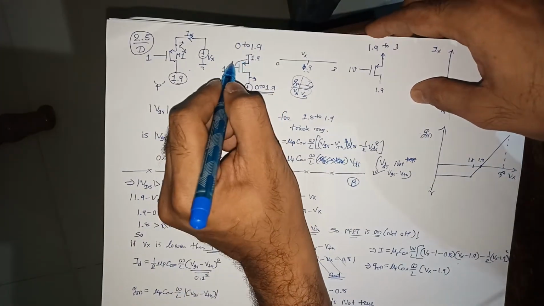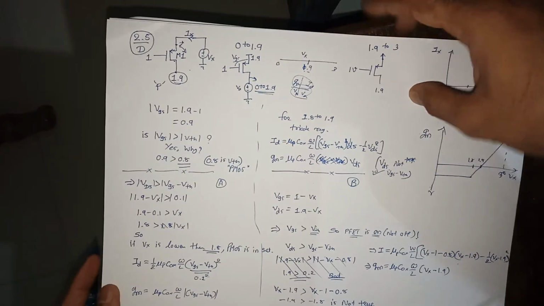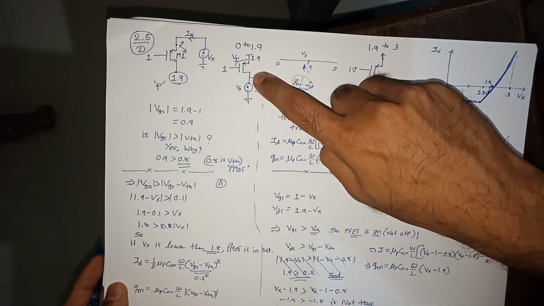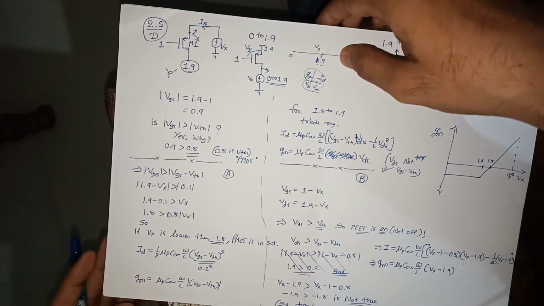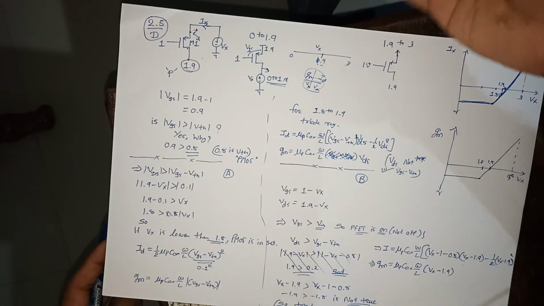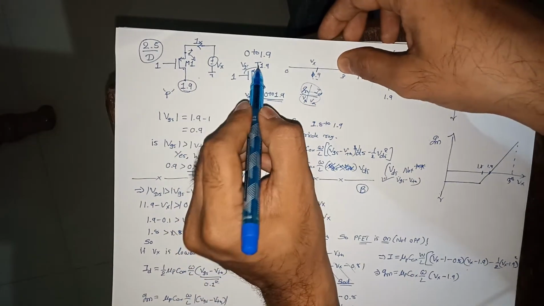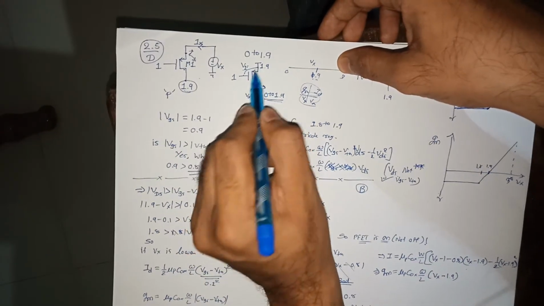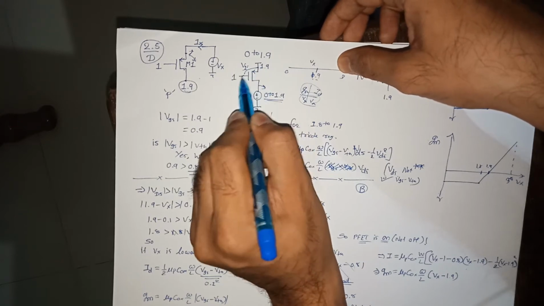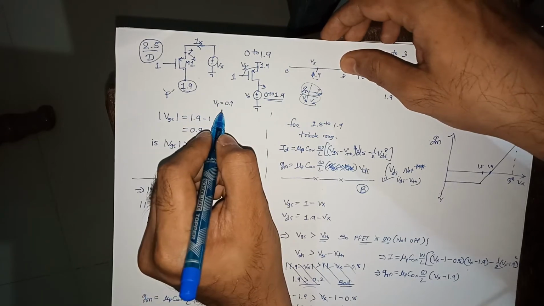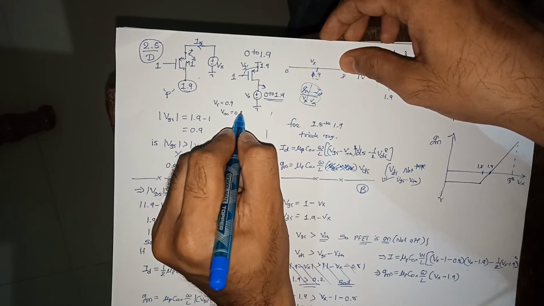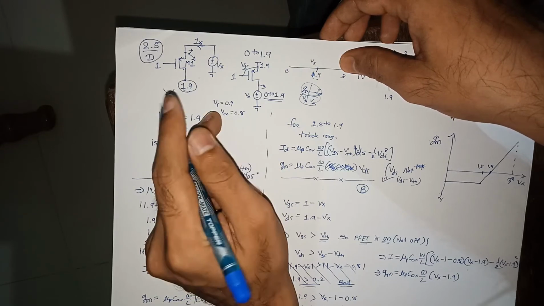If you see here, VGS is fixed, and VDS is 1.9 minus Vx. You can follow the method given in any book, or you can follow this method, and there is not much difference between those two. From the source to the gate, whatever potential you see, you should write it as VGS. So VGS is 0.9, and whatever your VTH is, that will be a plus. Whatever the value is, you don't need to consider a minus value there.